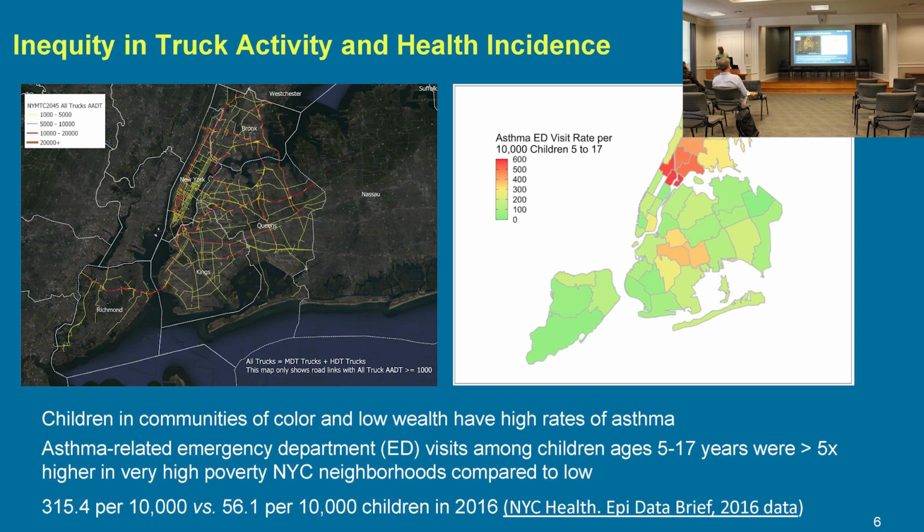But then if you look at the health incidence, children in communities of color and low wealth have fairly high rates of asthma. So this talks a little bit about environmental justice. That is quite a bit of attention in the news of late. So if you look at that, that's New York City, and the red counties, red portion of the domain on the